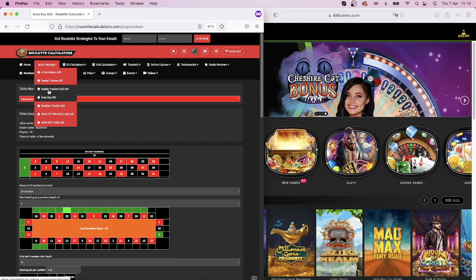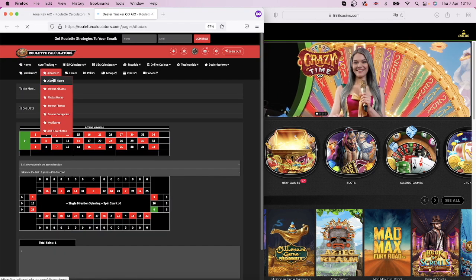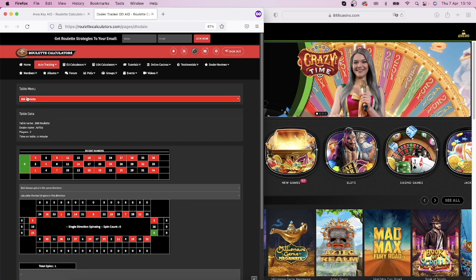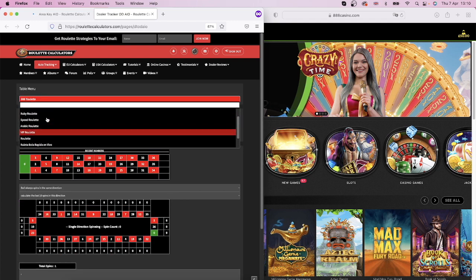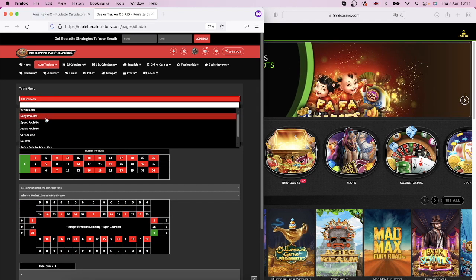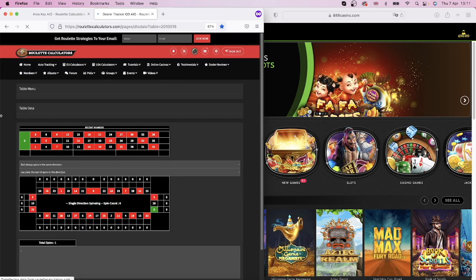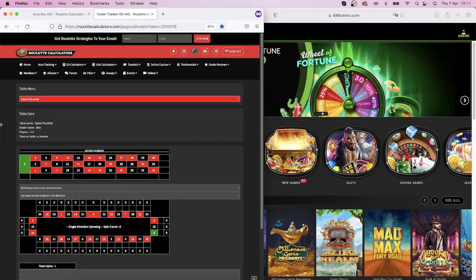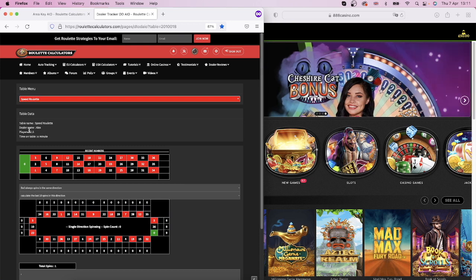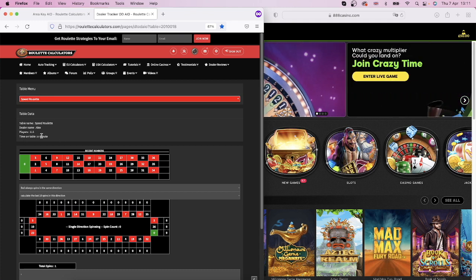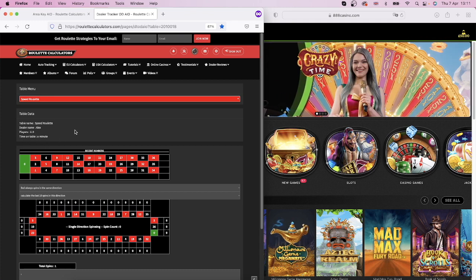If we go to the dealer tracker one direction, what we've got here is the single direction tables. Now there's I think 12 or so like that. So if we go to speed roulette, that will then grab the table info from speed roulette. So you can see that the current dealer's name is called Alex. There's 115 players. Now the time on the table, this will start when you first enter the table, and when